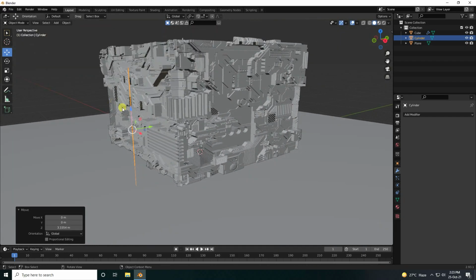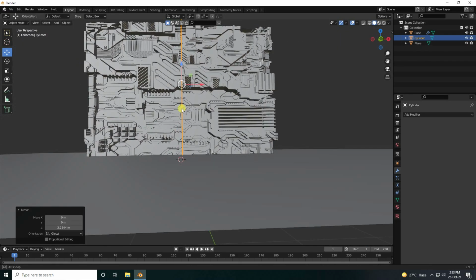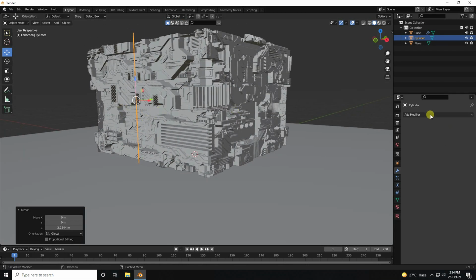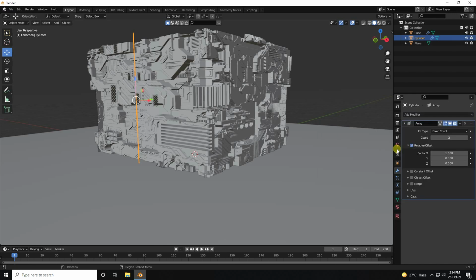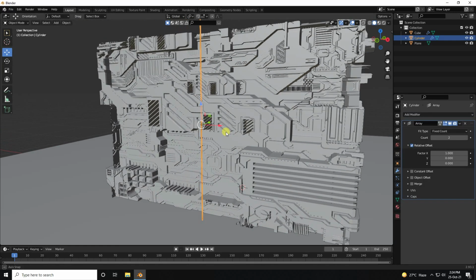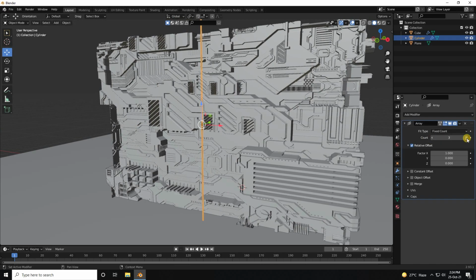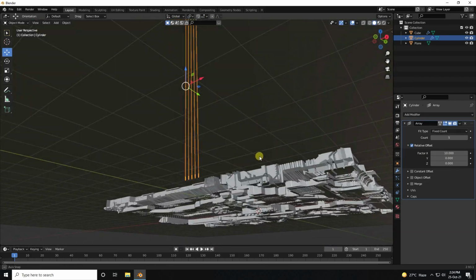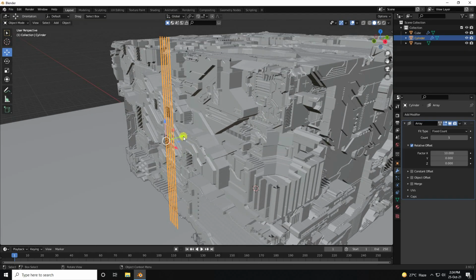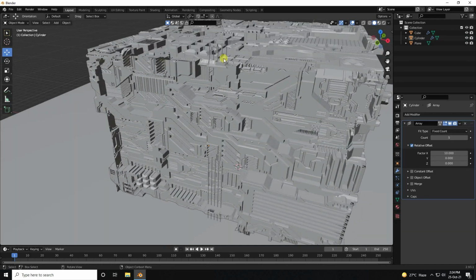Yeah, okay, so now guys, I use simple array. So modifier and use array effect. Yeah, and guys, I change count I like 5 and increase size x I like, guys, like 10 is good. Yes, it's good, right? Okay, so guys, little bit back like this. Yeah, it's good.